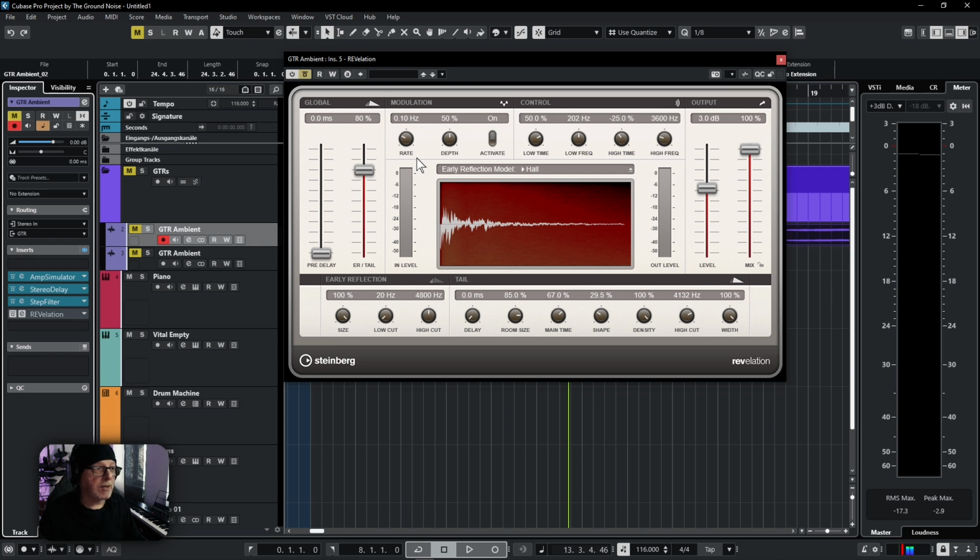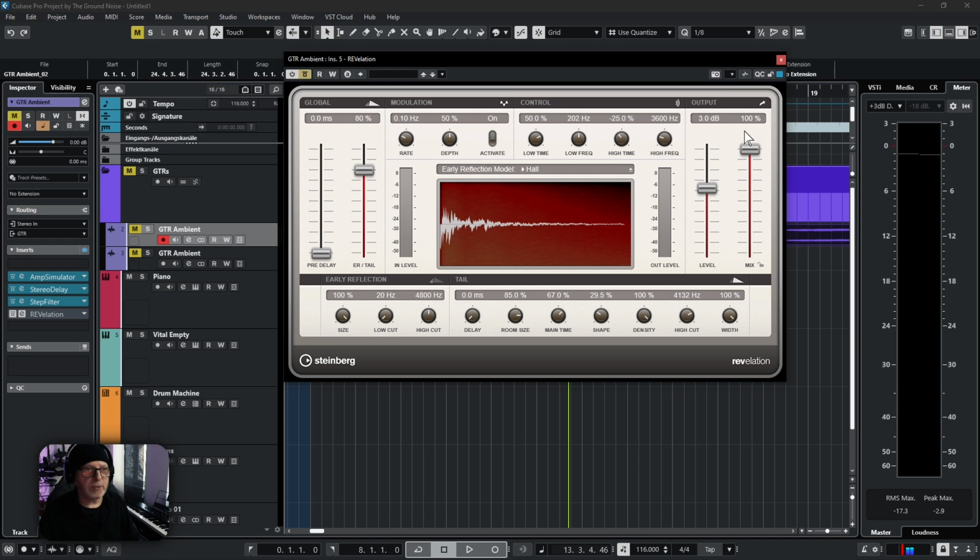Let's continue. Revelation is pretty much self-explaining, I think. If you only look at it for a couple of seconds, you can see that it's very clear. And I'm going for 80% tail instead of early reflection. No pre-delay or something. And I changed the room size to 85 and changed the main time. Don't care about my exact numbers here, but I'm going for 100% mix value so that we only hear what comes out of the reverb